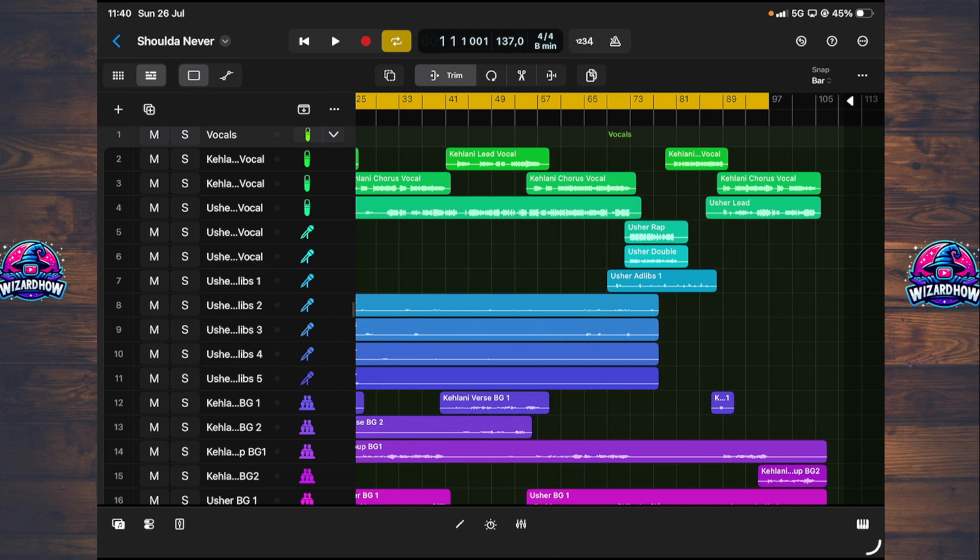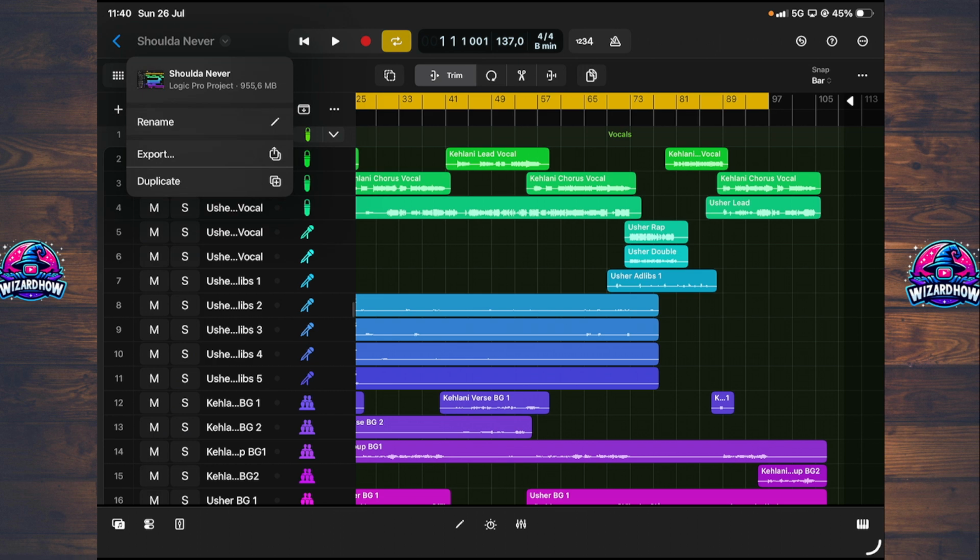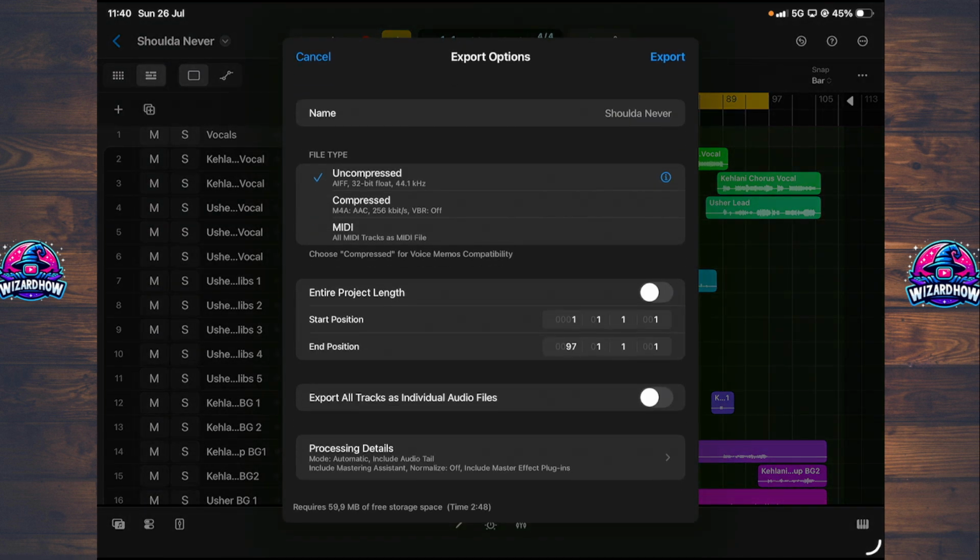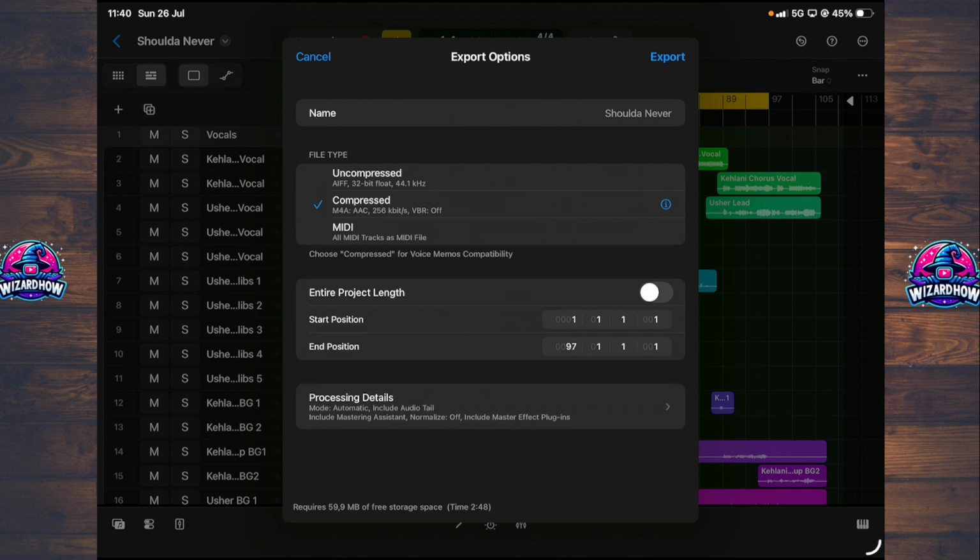Now what we are going to do next is tap to the project name at the top left corner, and you will see here the button export, like so. And now what we are going to do is select compressed, and for A, it will act